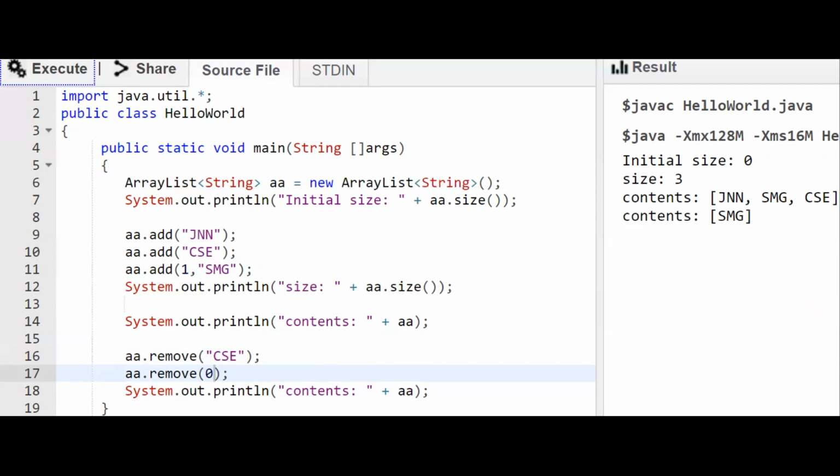In the first remove statement, CSC will be removed. In the second remove statement, the object at the 0th index, that is JNN, will be removed, and we are left with only SMG as the content of the ArrayList.